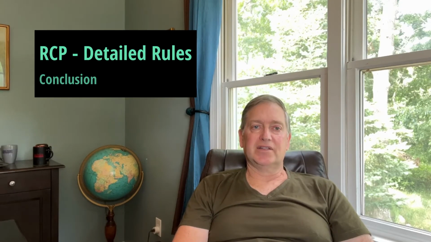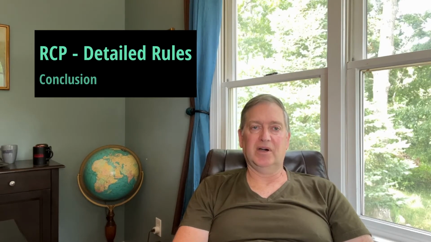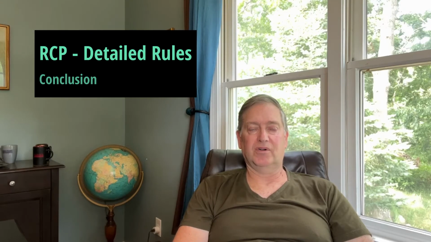In conclusion, the RCP determination is critical to all collection situations, regardless of whether you're looking for the IRS not to pursue collection. You want to be currently not collectible. You want to enter into an installment agreement. You want to pay your debt over time. You want the IRS to actually settle your debt for something less than you owe, so an offer in compromise. You believe you're entitled to relief under the innocent spouse provisions. All of these types of programs start with the concept of RCP.